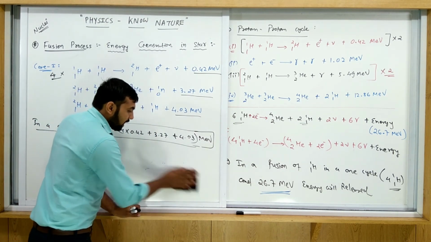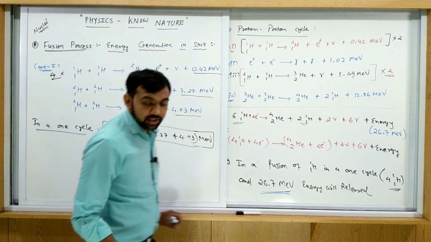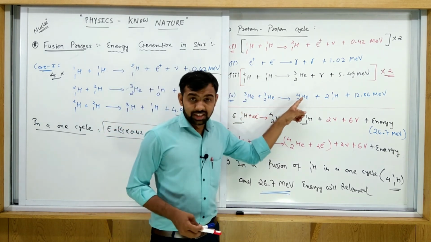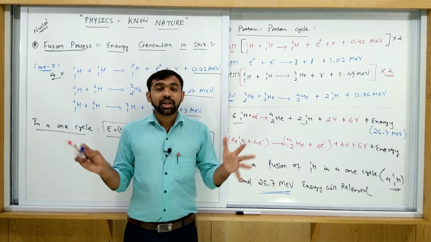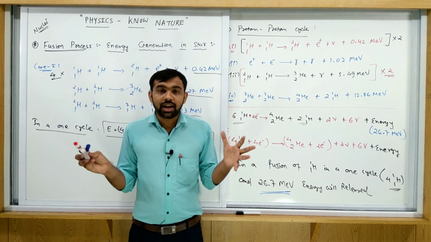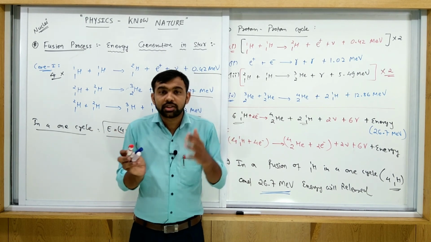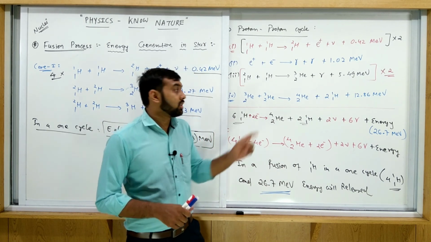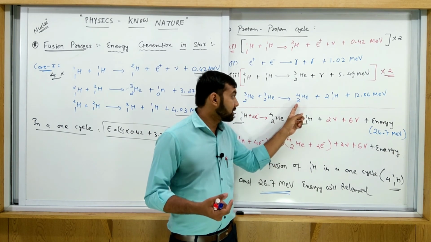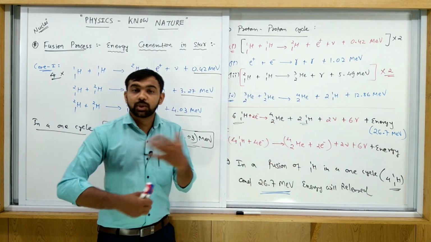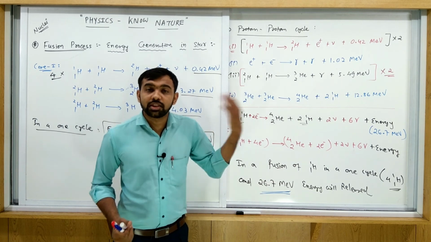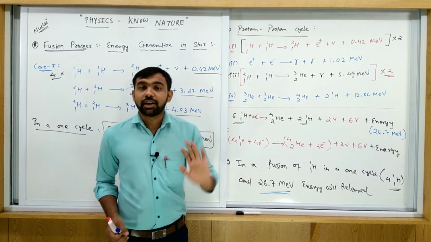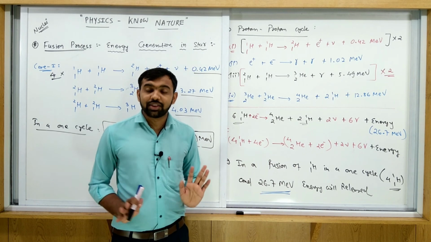What happened after the depletion of all the hydrogen inside the core? Let me tell all of you again: hydrogen is depleted, helium is formed, the temperature decreases, and due to gravity the star collapses. Due to the collapse, the temperature again increases up to 10^8 Kelvin, and finally a new fusion process starts, in which helium is transformed into carbon. This process continues until the final element is iron. We get the final element iron, and finally the process is stopped after getting iron.